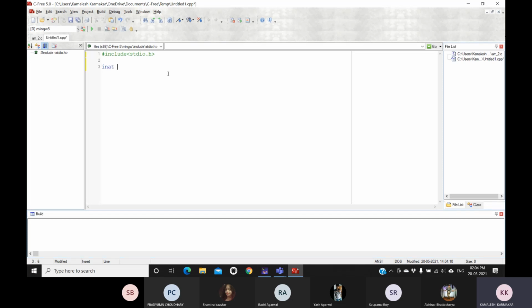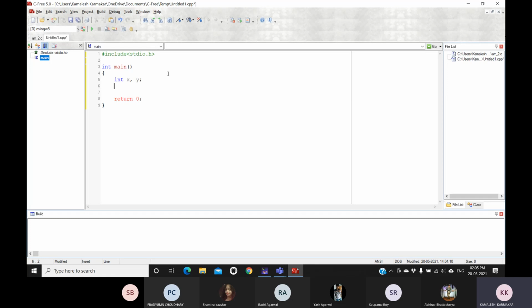So I am creating a dummy function, just the main function. In this function, I will return 0. This is the basic template we are familiar with. Now, if we declare any primitive data type, we can declare it in this way. So here we have declared two variables, x and y. Their data type is integer.